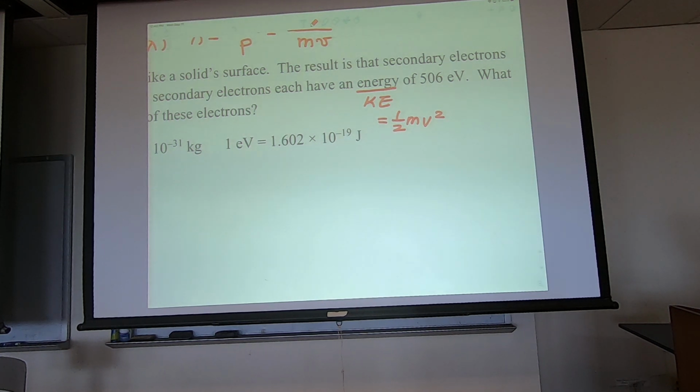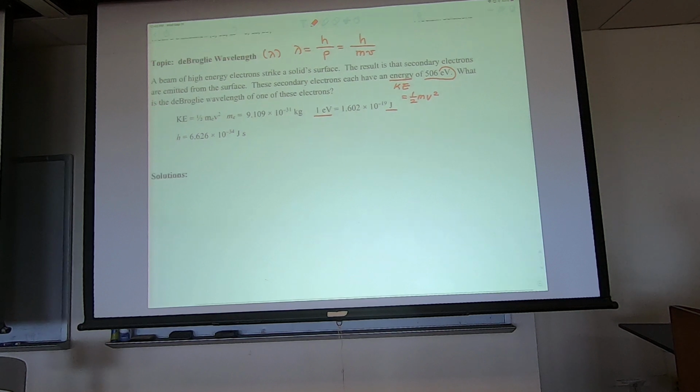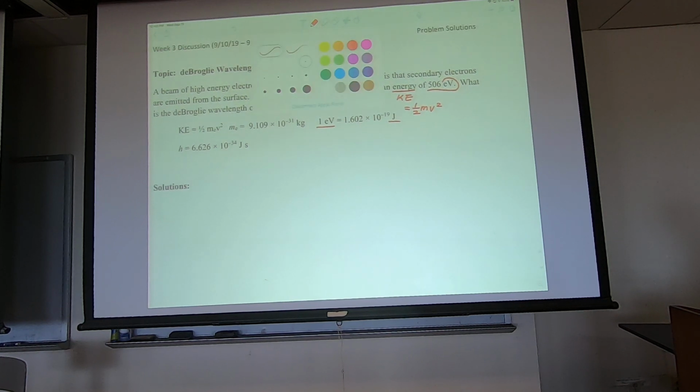The most tricky part is actually here. You see the electron volt? That's an energy unit. Electron volt is an energy unit mainly used by electrical and electronic engineers in the semiconductor business. And as shown here, electron volts and joules can be converted. This is a conversion factor that I have to use. Having said that,